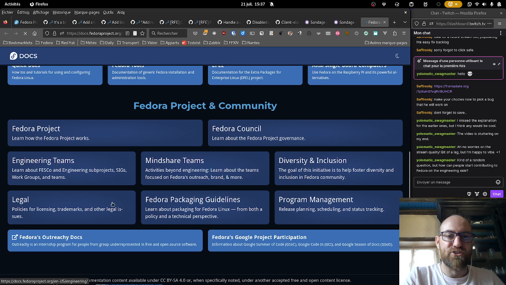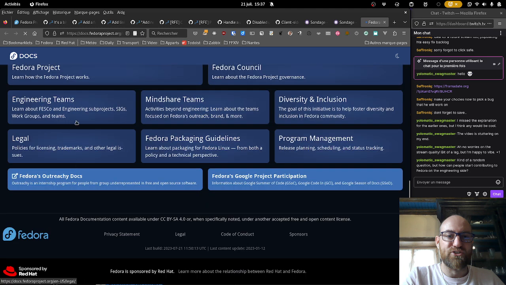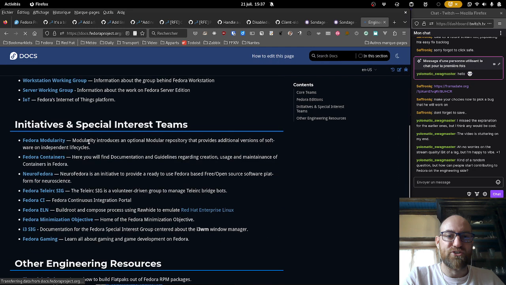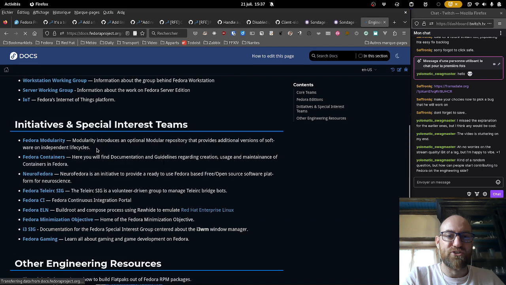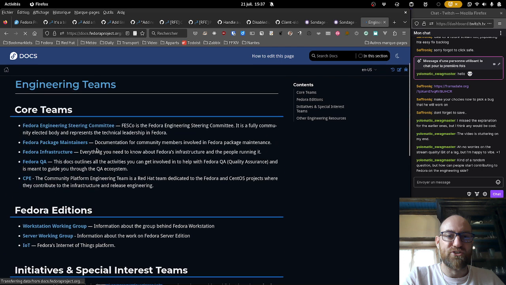We're probably here, aren't we? Oops, here. Aha, right here. So there's quite a few engineering teams in Fedora, and the one that I'm a part of is called Fedora Infrastructure.